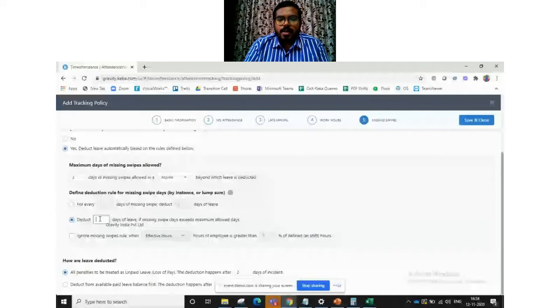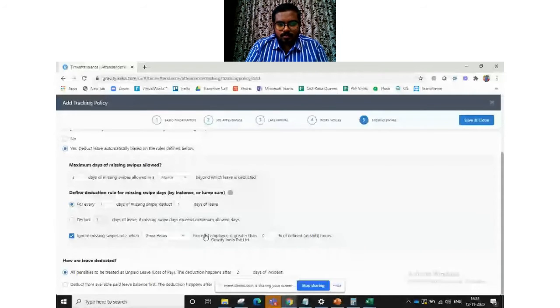Or deduct 1 day of leave for missing swipes which exceed the maximum allowed days, or ignore missing swipe rules when, let's say, the gross hours of the employee is greater than 100%.